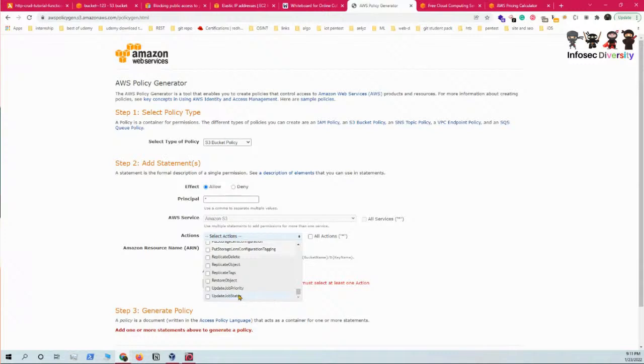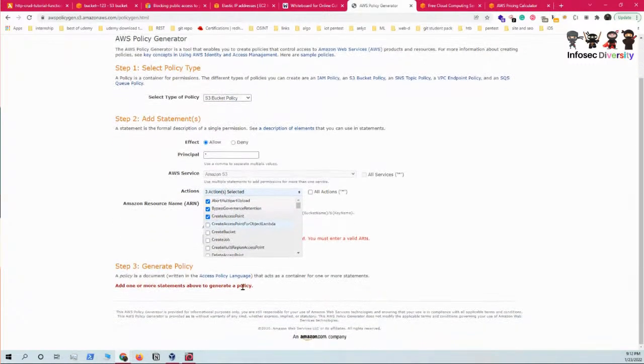You can update job status, you can create access points, you can create a bucket, you can create jobs for S3, and a whole lot of things, right? So these are basically the granular things, okay? Because you are explicitly allowing only these three things, it means the person or the bucket with this policy will allow just these three things. So maybe I'll select two, three, and